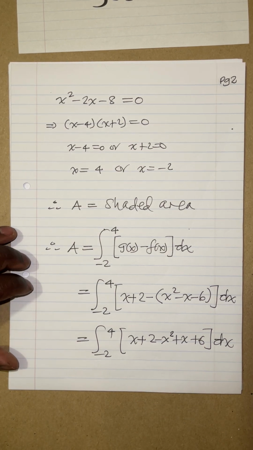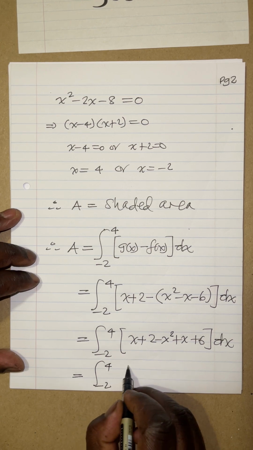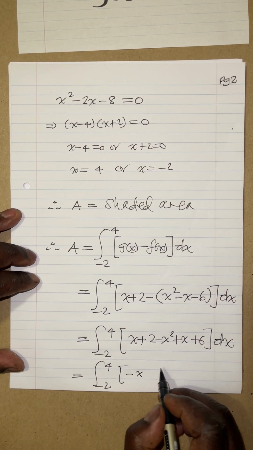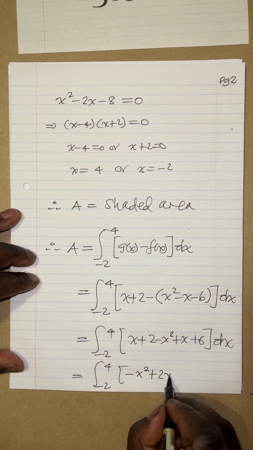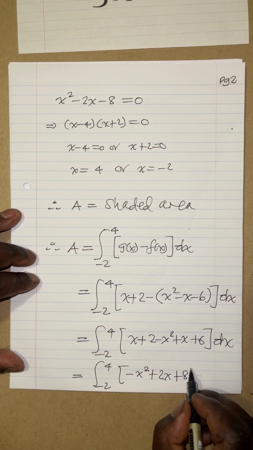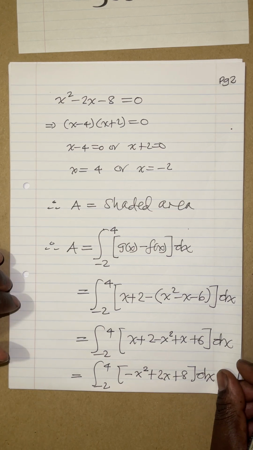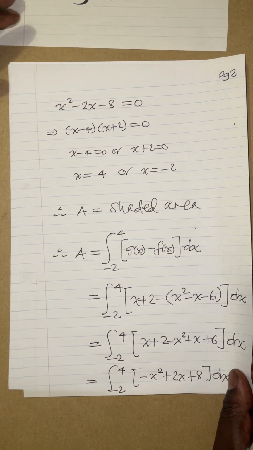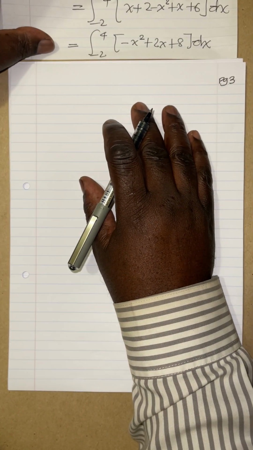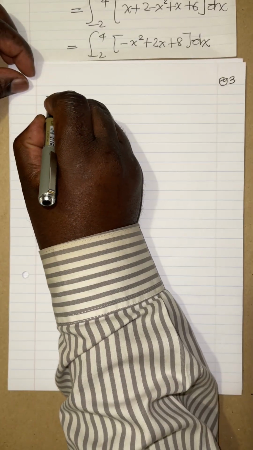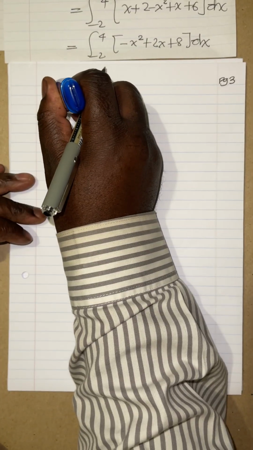Putting that information together nicely and cleaning it up, the integral from minus 2 to 4 of what? Of minus x squared, and then plus 2x, and that will be plus 8 dx. Now, this is a very simple function to integrate. As you will see on page 3, I want to integrate this as quickly as I can. So we're going to say that is exactly equal to